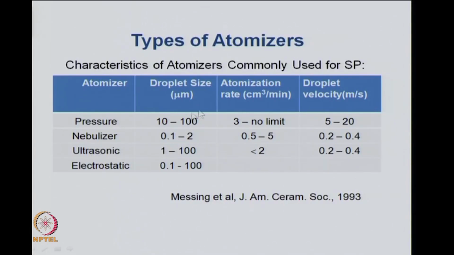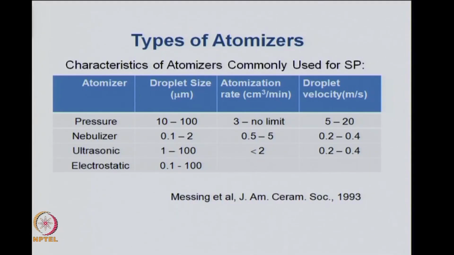Based on this kind of droplet size and atomization rates, you will have a particular droplet velocity. So, the droplet velocity, as you see in a pressure type of atomizer, can be very high, from 5 to 20 meters per second, whereas for the other atomizers they are quite small, around 0.2 to 0.4 meters per second. So, you have a variety of atomizers which give you a variety of droplet sizes. Ultimately, these matter when you choose what kind of atomizer you want to create a particular deposition with a particular